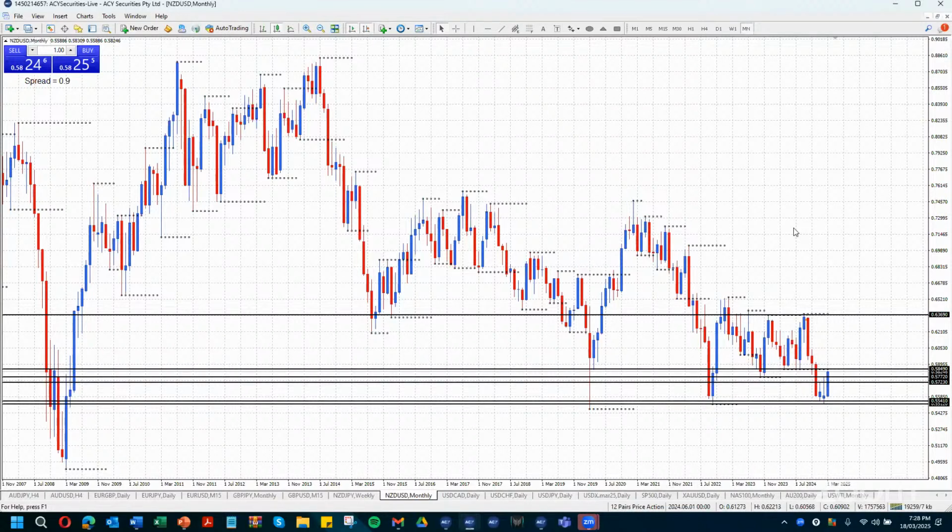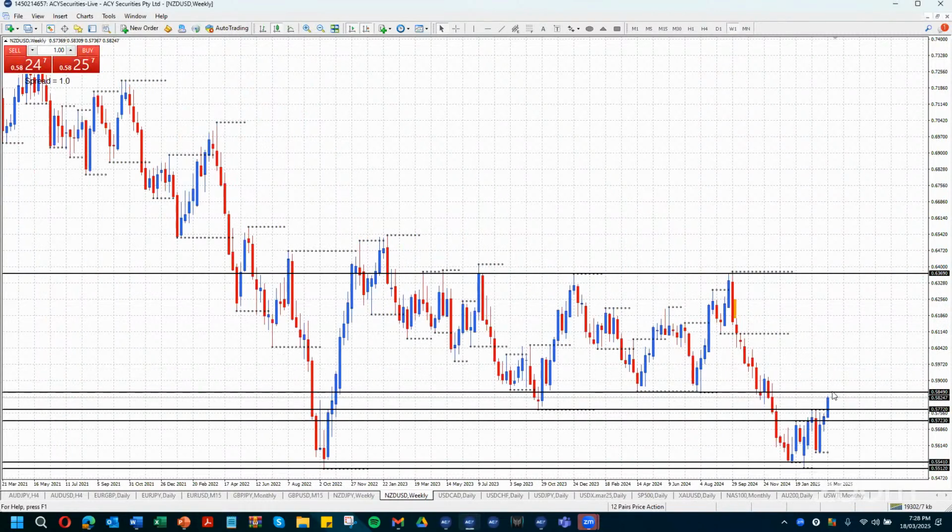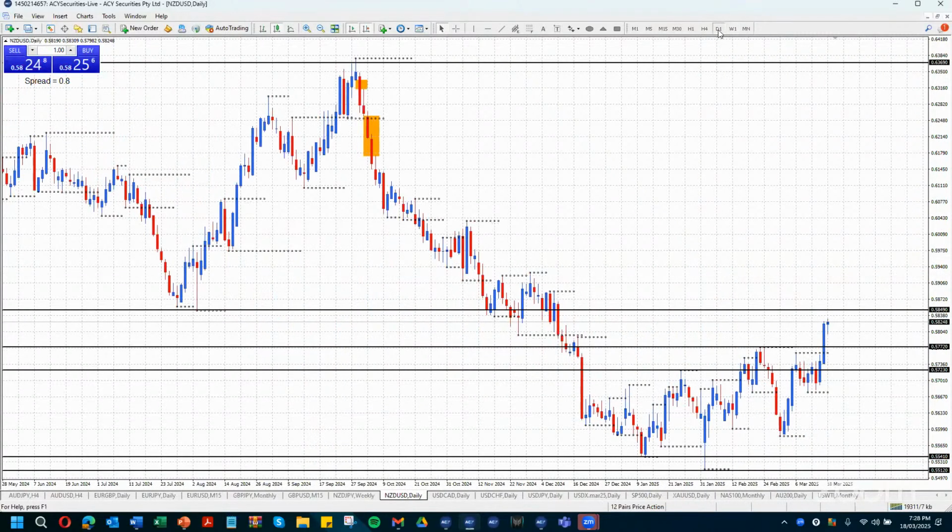Can it break above there? All right. The barrier in the wave, of course, moving up there is this area at 58.49. Weekly chart trends up, but we definitely have a monthly level of broken support there at 58.49. So that's a level to watch. If you're way more bearish on the New Zealand dollar than I am, that would be a good level to watch for your sell setup if we hold there.